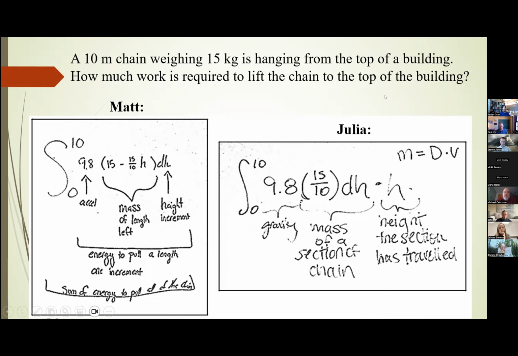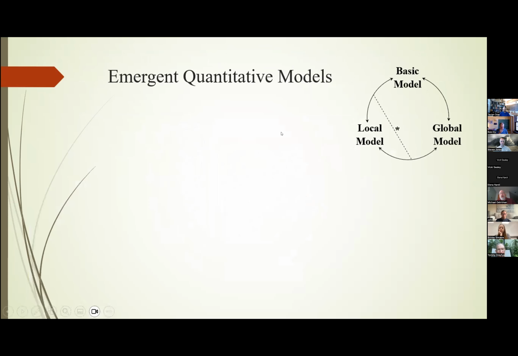Okay, so these sorts of answers were what primarily prompted us to think about models that we could use to understand how students were reasoning and how they were putting together their own definite integrals and models using definite integrals for various phenomena. We called our approach emergent quantitative models,